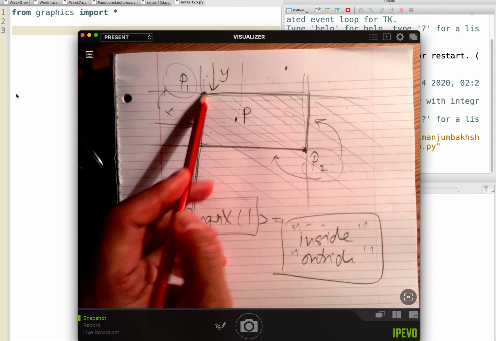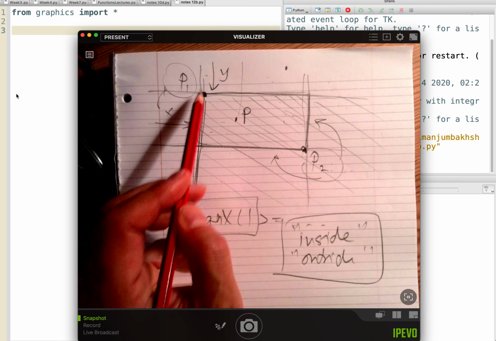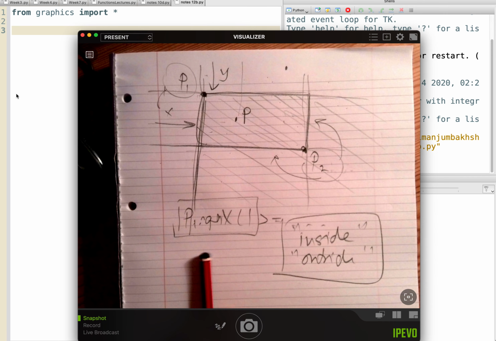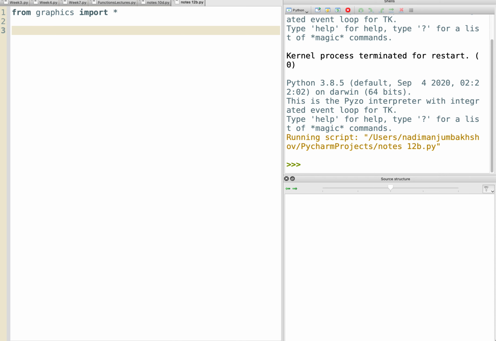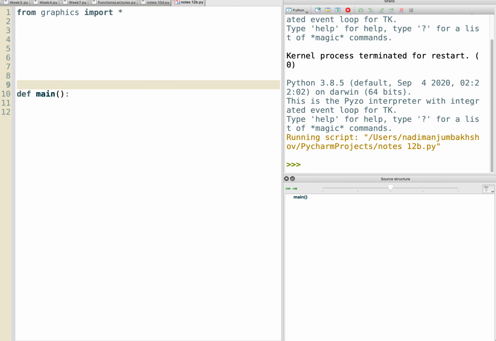So the first thing we need to do is draw a rectangle between 2 points, and we'll use a window click to dynamically create our rectangle. As always, the entry point of all of our applications will be a def main. But we want to be able to draw a rectangle, and the logic of drawing a rectangle